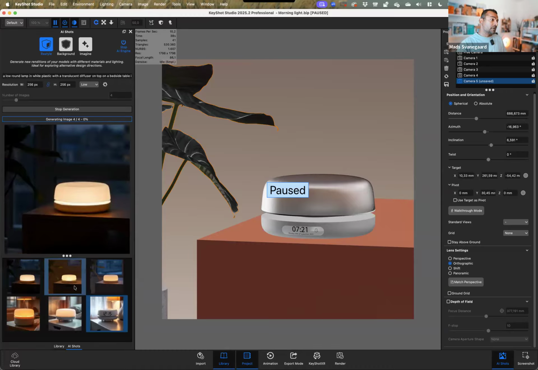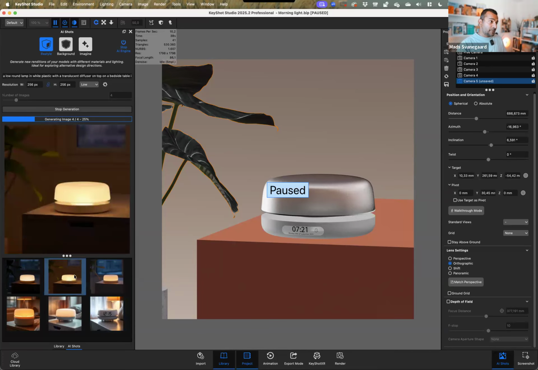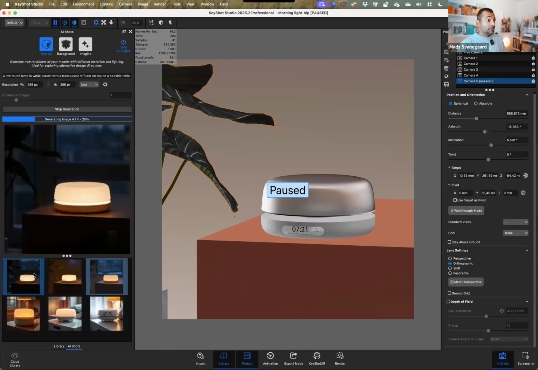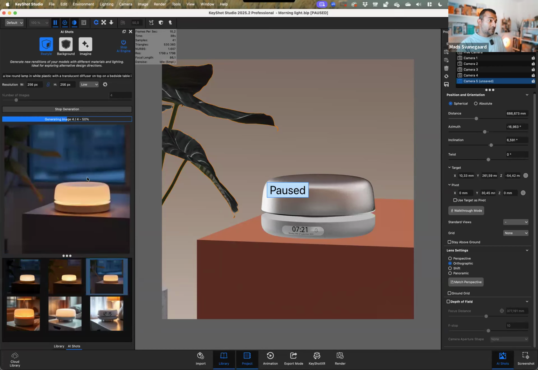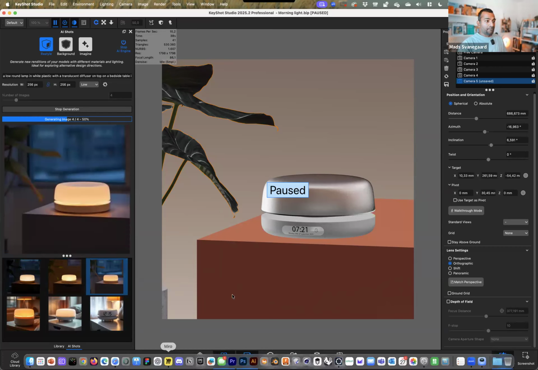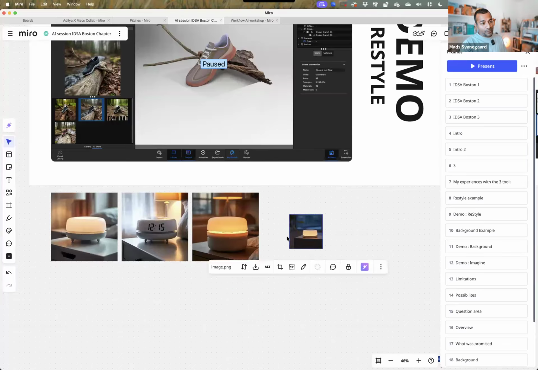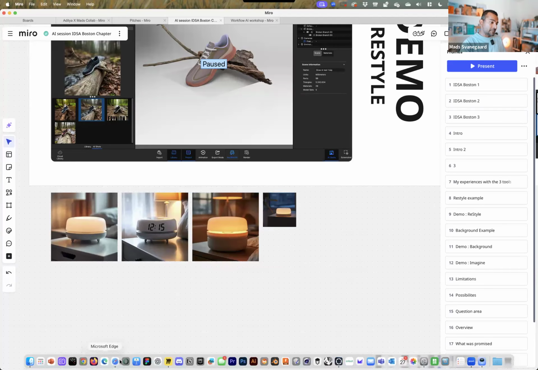All right, so it's already got 3 images down here. Let's give the last one. So this is the first one, the second one, and the third one, and they're quite nice. I especially like this first one here. So let me just copy that and put it over here. You can also see how small it is compared to the other one. So obviously that's a